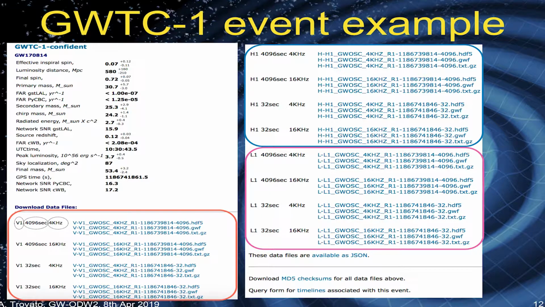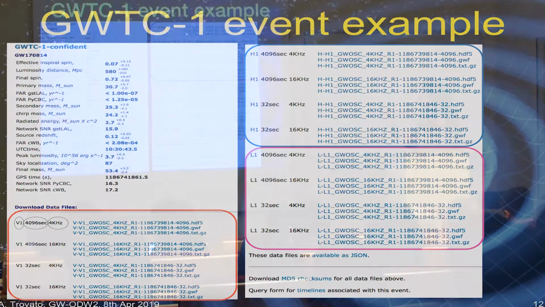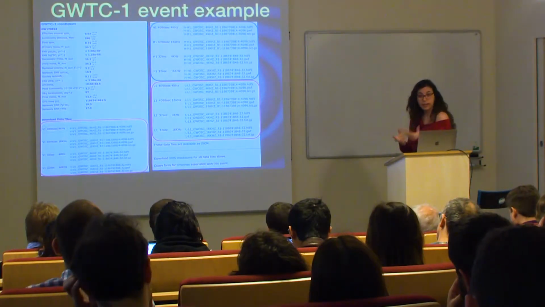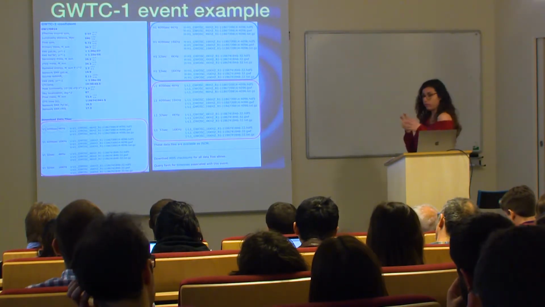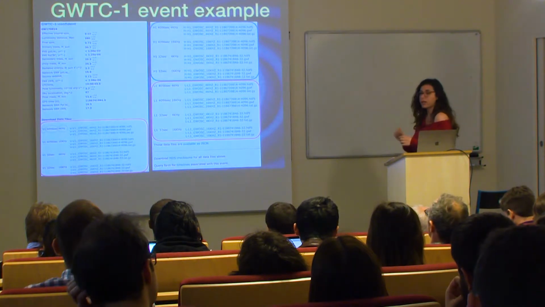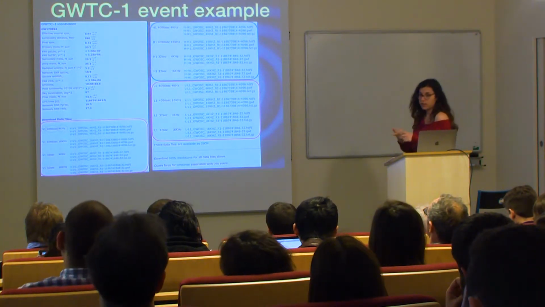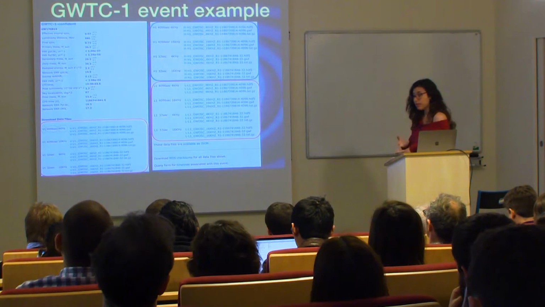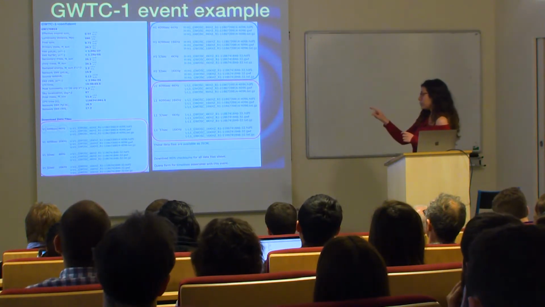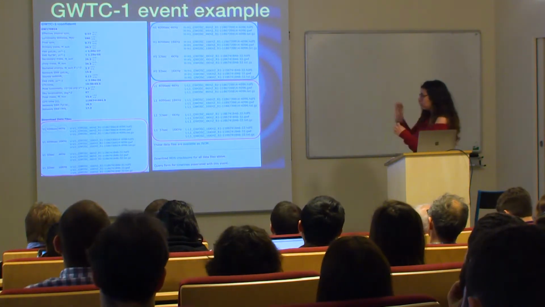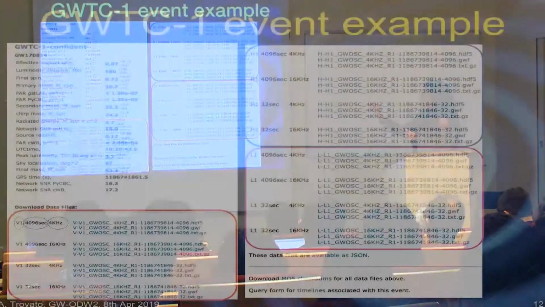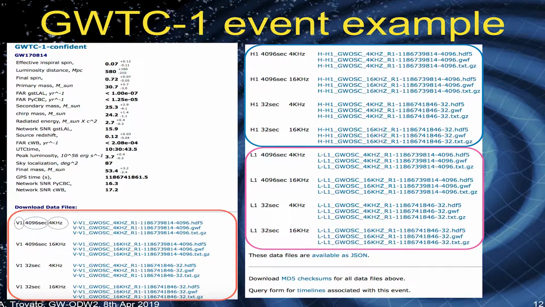And then you have the list of files. In this case, as I was saying, it was a triple detection. So you have, for the three detectors, V1 is Virgo, H1 is Hanford, and L1 is Livingston. And as you can notice, they are in blocks. So each of these groups contains the three